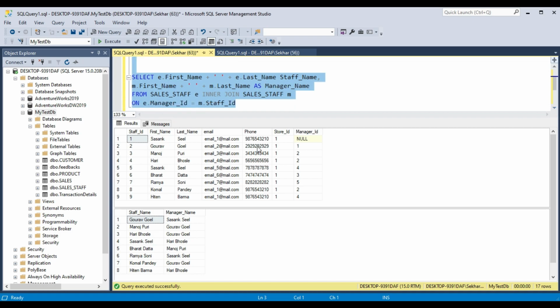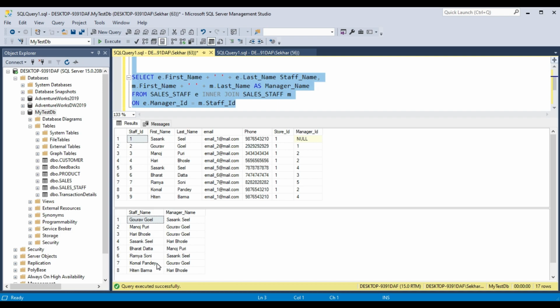In the sales staff table, for one record the manager ID is null, because this person is not reporting to anyone; he is at the top of the hierarchy. When you take a join, if a field has a null value, obviously it will not come, because null equals nothing. So that doesn't come in our self join, and we get 8 records.